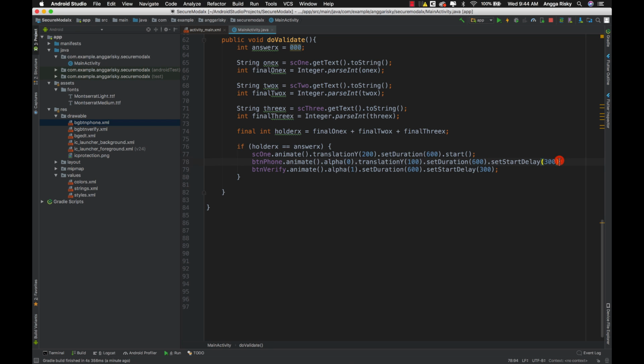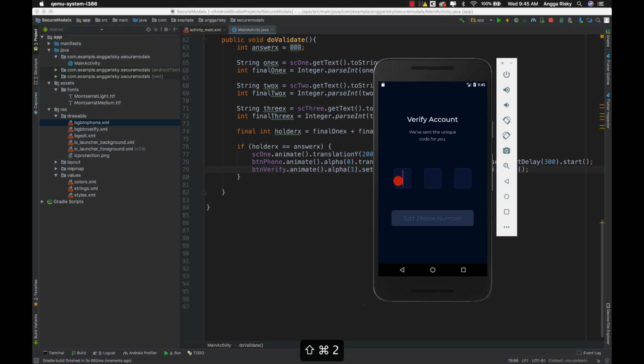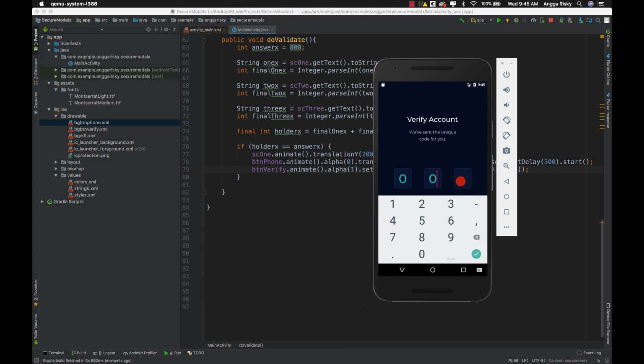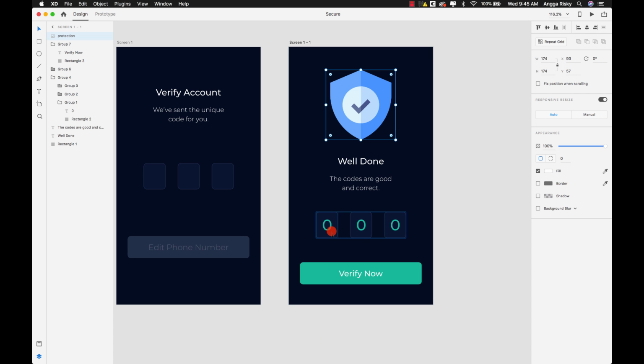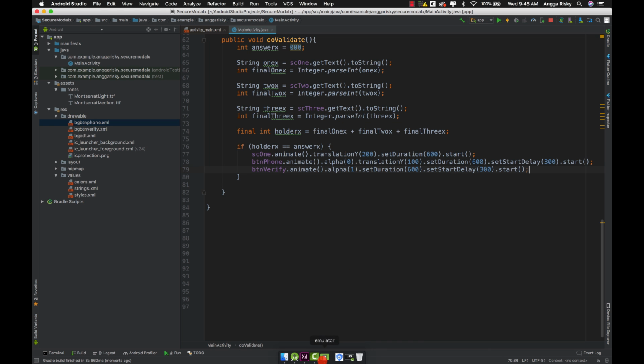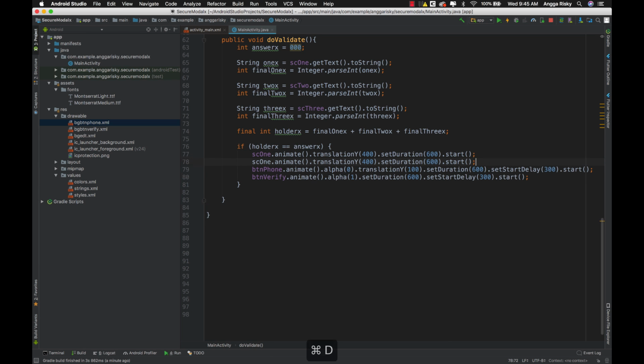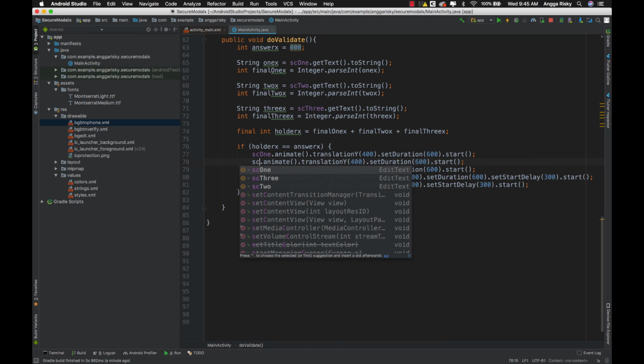Okay, I think I forgot to give start. Just go with this one. If I put 0, 0 and then 0, yeah, it's working, right? Cool. And then we just need to move it maybe about 300. Wait, no, about 400.